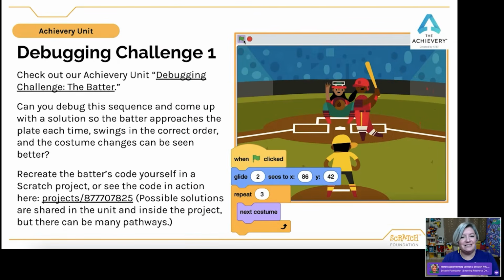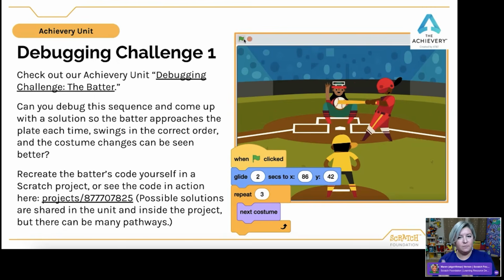So here is our first debugging challenge. This is in our Achiever unit called Debugging Challenge the Batter. And what's happening here on the screen is this program. What we want is the batter to approach the plate, swing at the ball, and then every time the program is run, we want that batter to start from the right side of the screen in a batting stance.